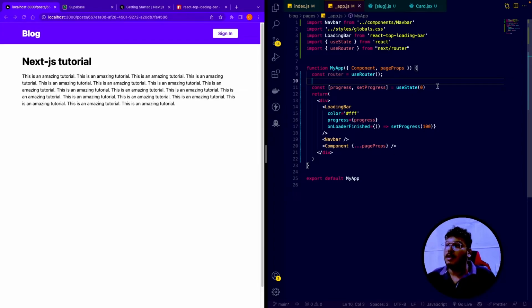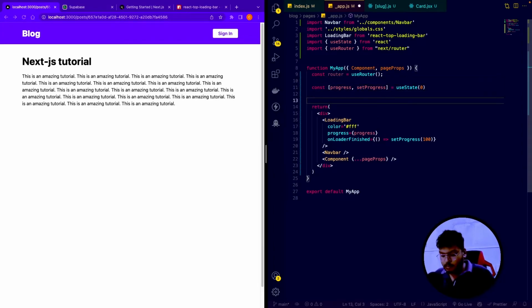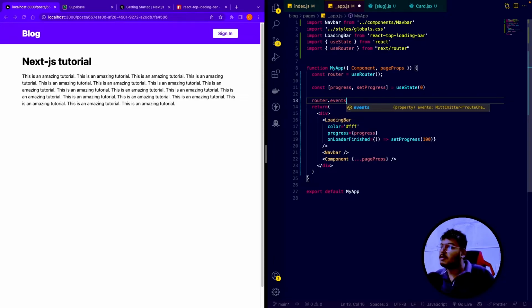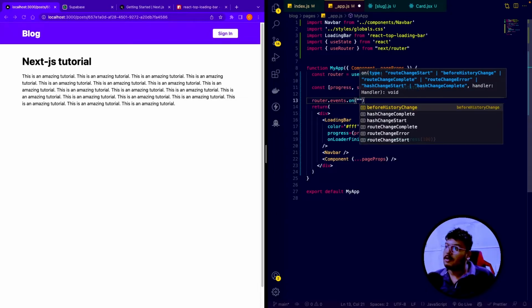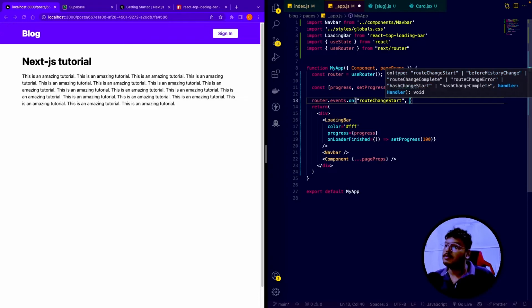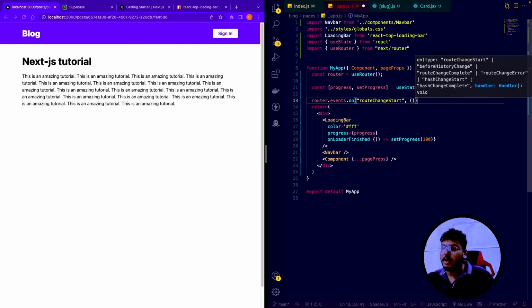Save this much. Now after this, what I'm going to do is, right here, router dot, it is basically an event. So I can write here router.events.on. So whenever an event occurs, I want the first event to be on change the route, routeChangeStart. So right here, routeChangeStart, I want to set the progress. It will be a callback function. So I can just write here setProgress to, let's say, 50,